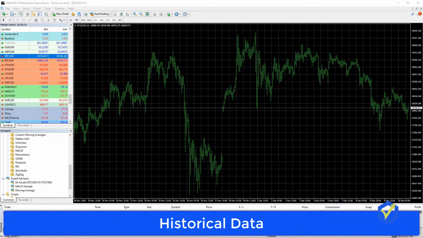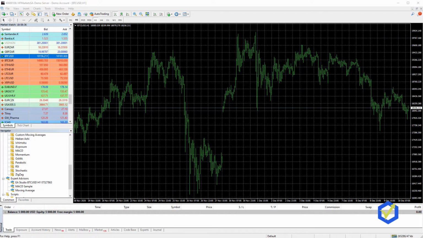Dear students, before I show you how I create the strategies for the Bitcoin and how I automate them as expert advisors, I would like to tell you what is the historical data, because this is the first important step in algorithmic trading. So the historical data is everything that we see on the chart as information from the candlesticks.